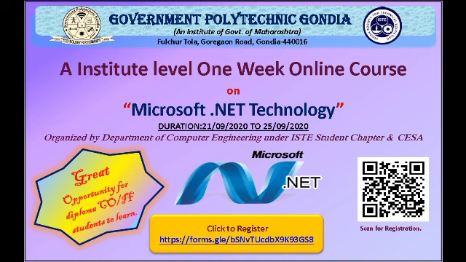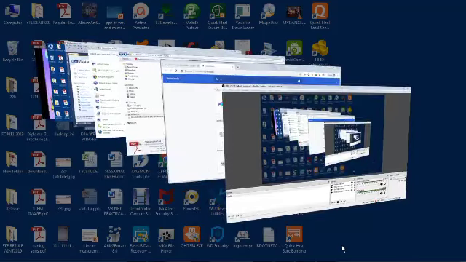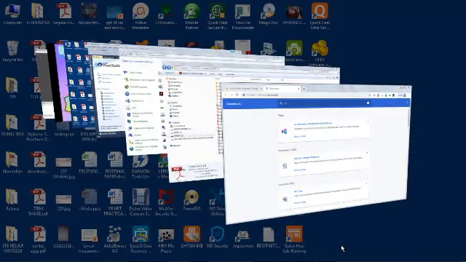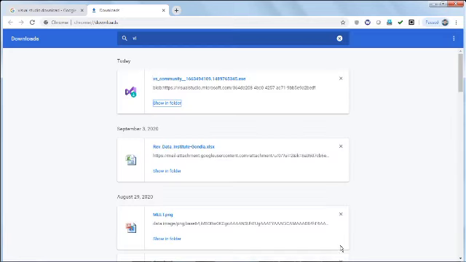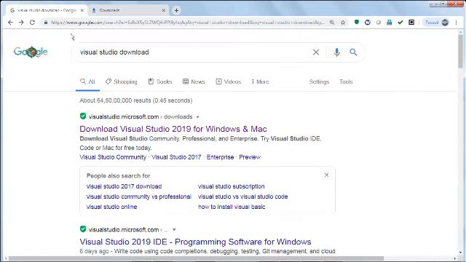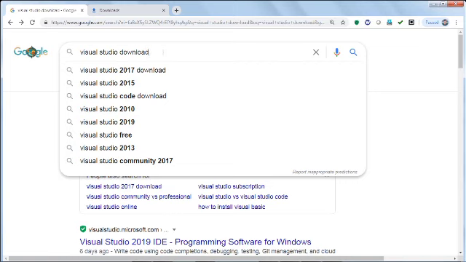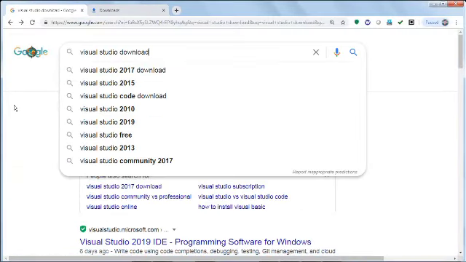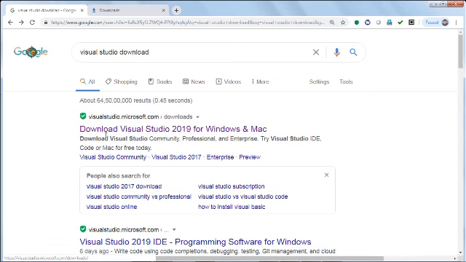So we will switch to the website. So just type Visual Studio download into the website, and you will find the Visual Studio 2019 for Windows and Mac.